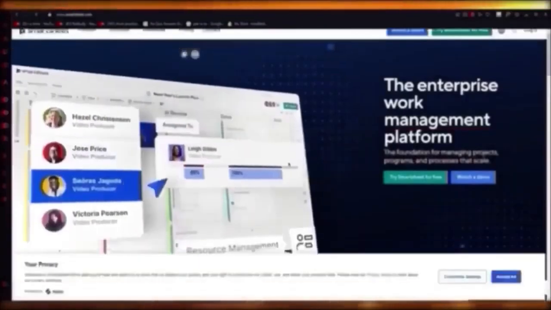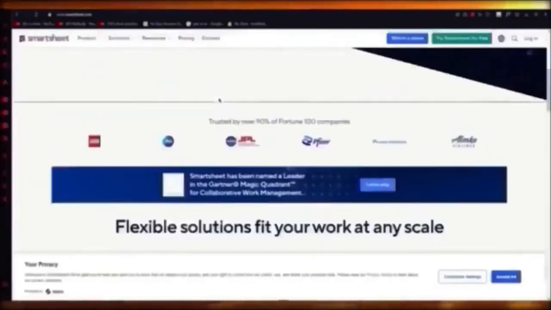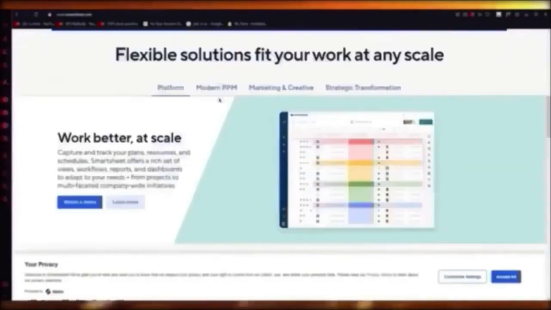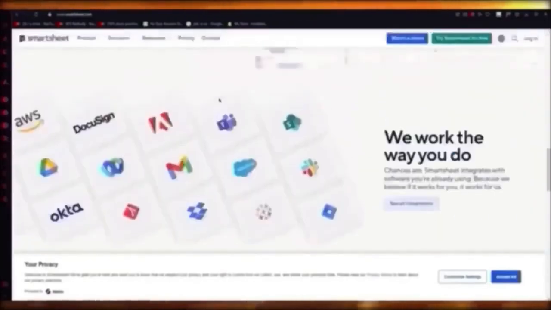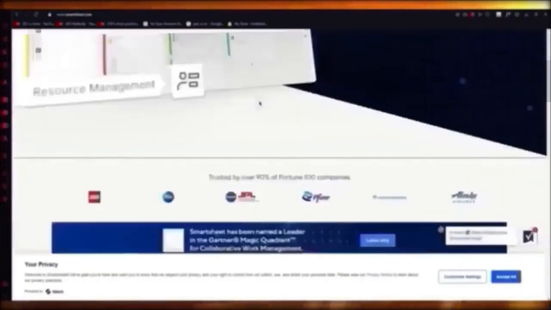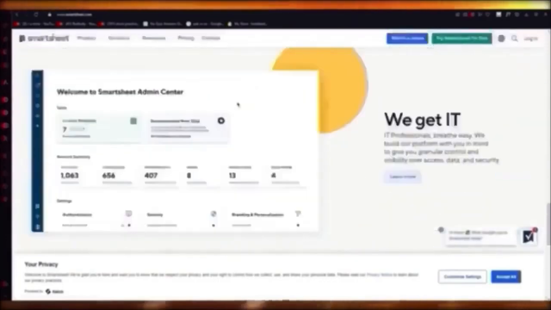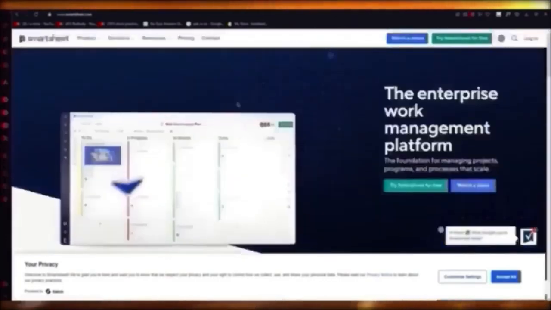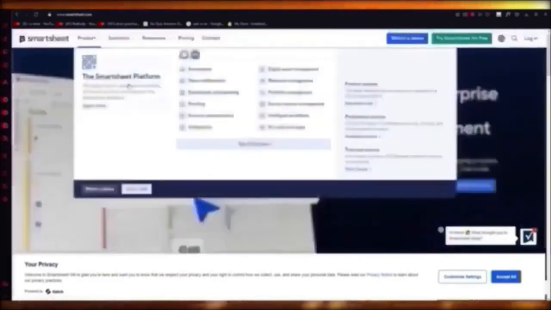Okay, so Smartsheet is basically a flexible solution for your work. Now, it's very similar to products like ClickUp, Monday.com, Asana, Trello. The reason for that is that it's great for your work management. It's a great management platform, great for task management, great for project management. Even if you want to manage your personal life, it's good for that